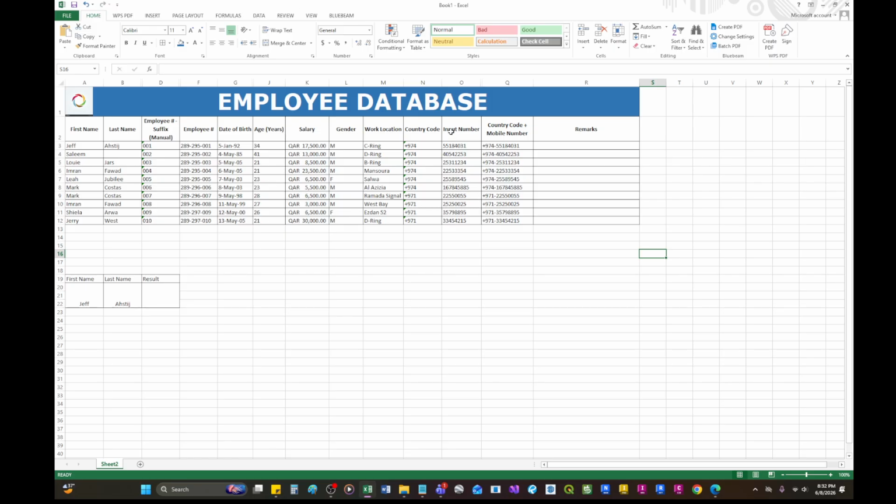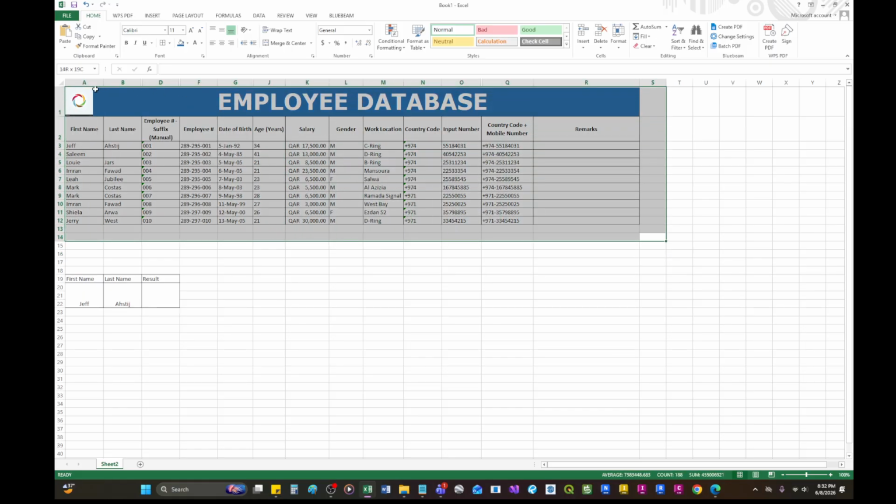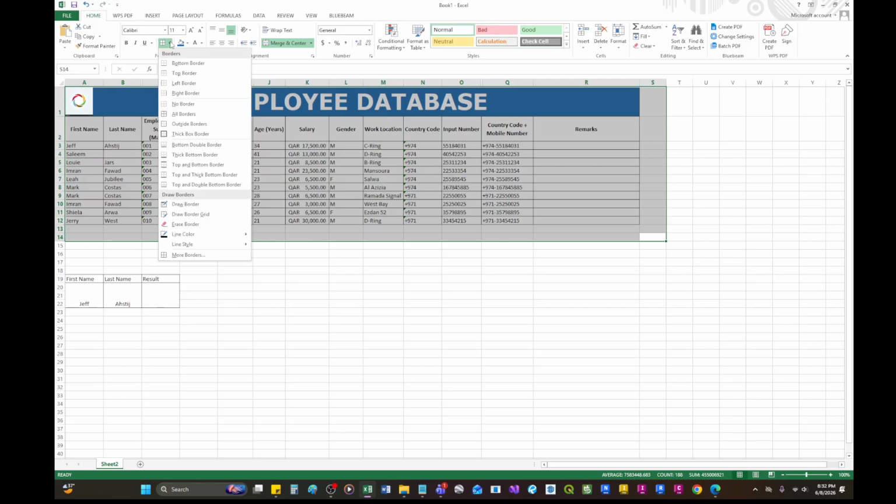Okay, and then I would like to put a boundary here with thick lines. I want the lines here to be thick. So you can go here, thick border, and let's choose a color.